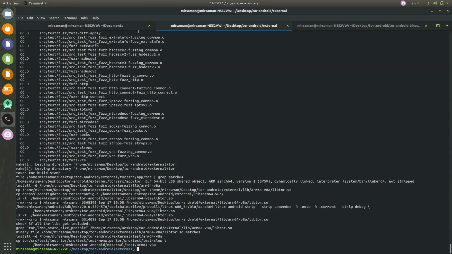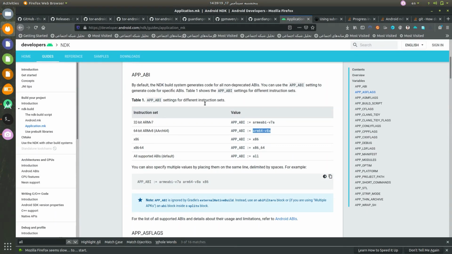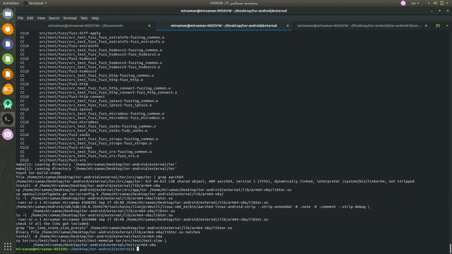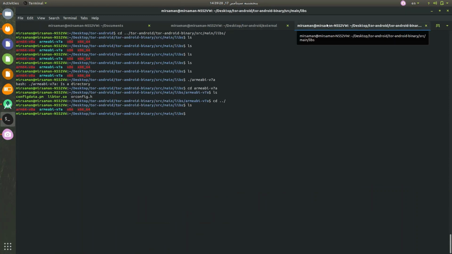I just finished compiling the ARM64 V8A version, and if I again make an ls, you can see that two versions are here. The third one is